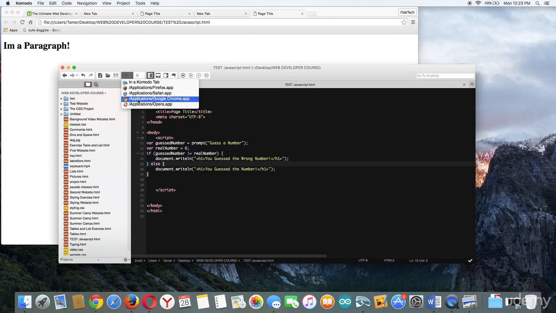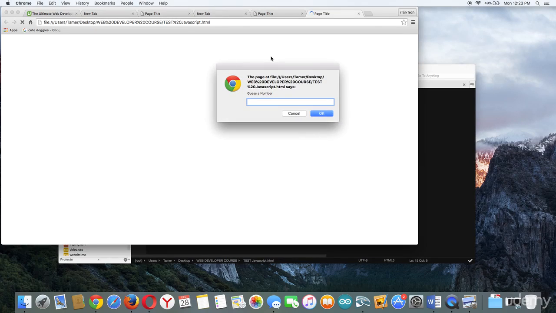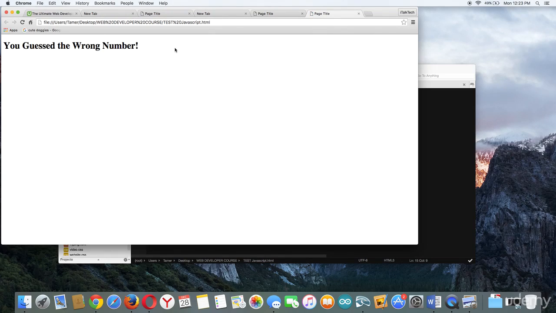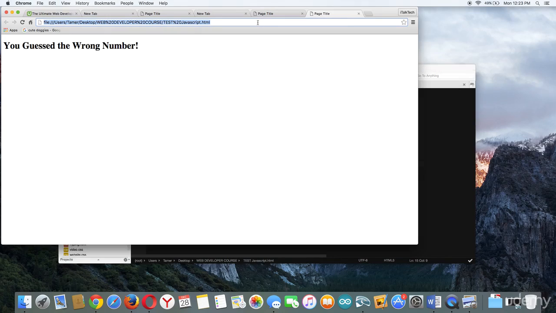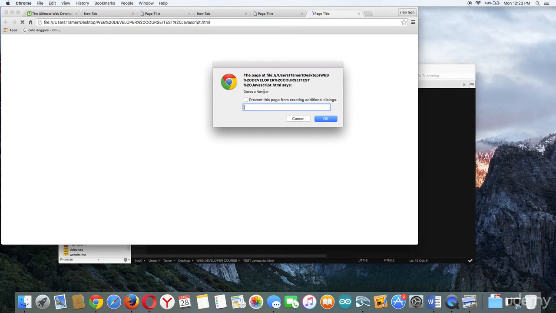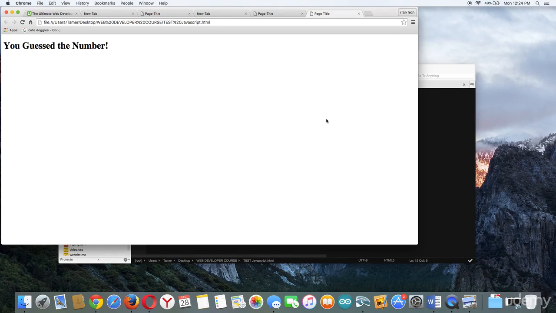So let's open up Chrome, and now we get a prompt saying guess a number. Let's make this 5. Let's press OK, and now it printed out a heading saying you guessed the wrong number because 5 did not equal 6. So it printed out you guessed the wrong number. So let's go ahead and refresh this, and let's pick the right number. So let's guess 6. Now we can go ahead and press OK, and now we have our heading saying you